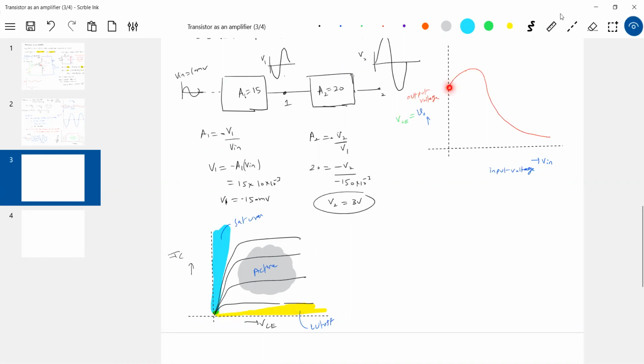Okay, now you say that there's a cut off region. Then, if VC is less, there's a saturation region. So what is this particular point? This will correspond to cutoff. This particular point corresponds to saturation, and this particular point to active. Now look at the slope. Where the slope is maximum, check it. Slope is maximum here, no? And it's negative. That's why, okay, we got it.